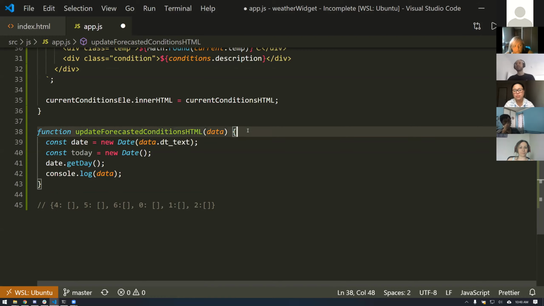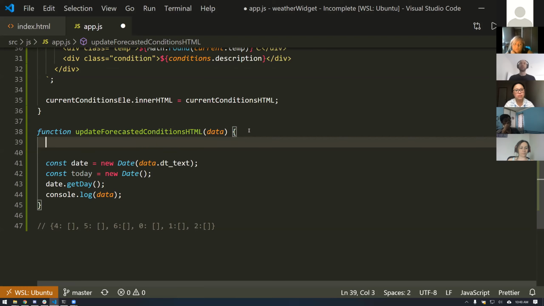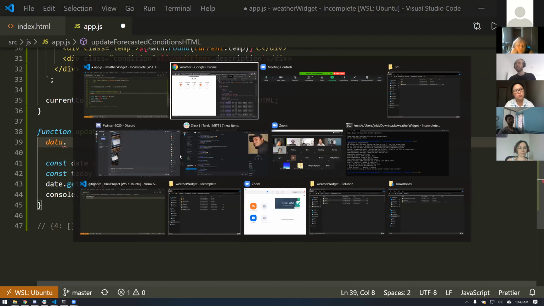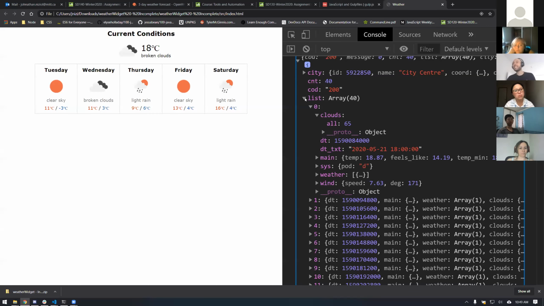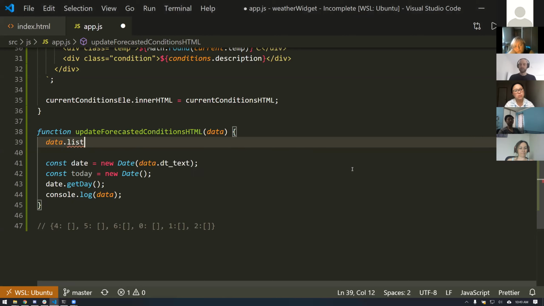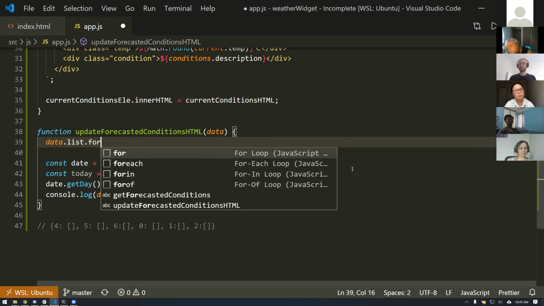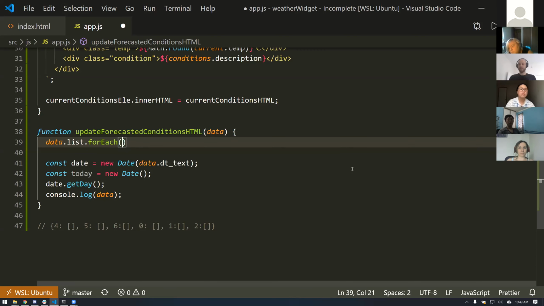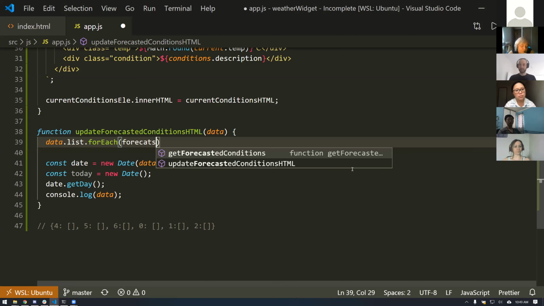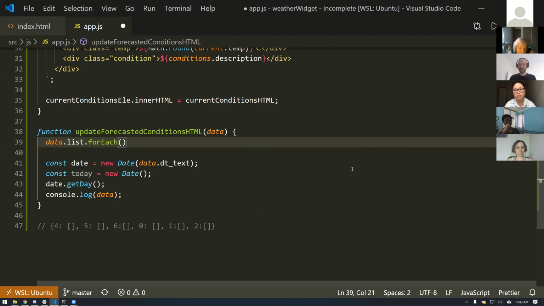So how are we going to do this? Let's build our structure. That's what we're going to do first. So we have this chunk of data, and this is what we've done already before. This is that word count, okay? This is that word count thing where we go through the data.list, for each. And this is going to be a forecast, okay, or daily forecast, or hourly forecast. Let's call it a forecast,